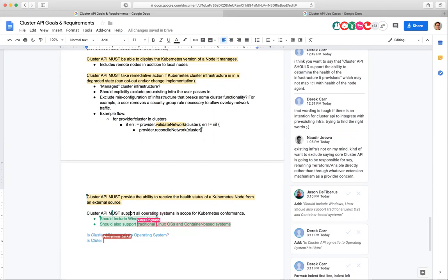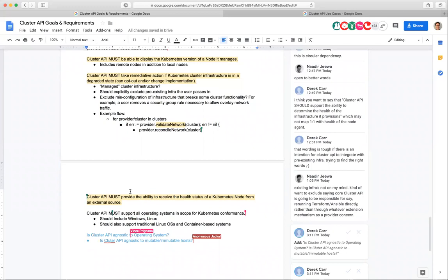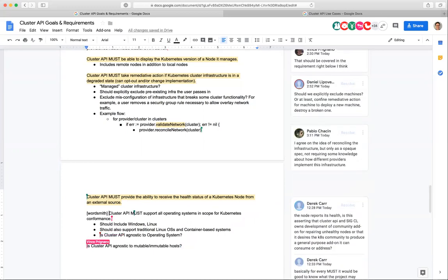Yeah, I think it's simple enough. We would probably want to have a few more specific things about operating systems to cover some of the other use cases, like different styles of OS management and stuff like that. But some of that may fall into the node bootstrap or the image concerns. This is more like Windows, Linux, and that's what I'm just trying to think of, what that would require of the cluster API to differentiate between these different operating systems. It's not necessarily differentiation. It's more just you need to be able to deploy on Windows in addition to Linux.